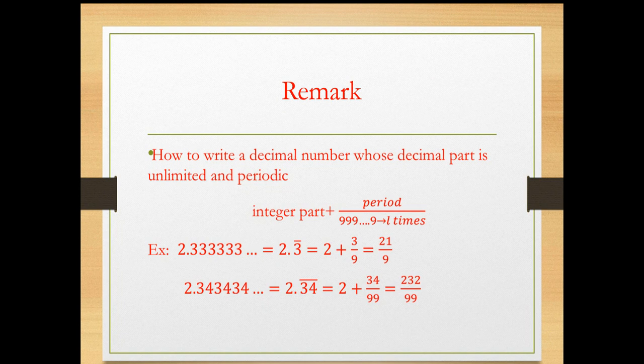198 plus 34 over 99. And then I add 198 plus 34 is 232. Now, you're going to ask me, if I have, for example,